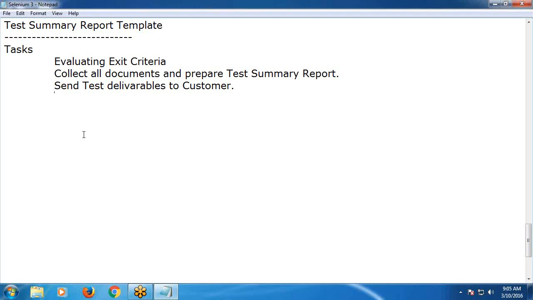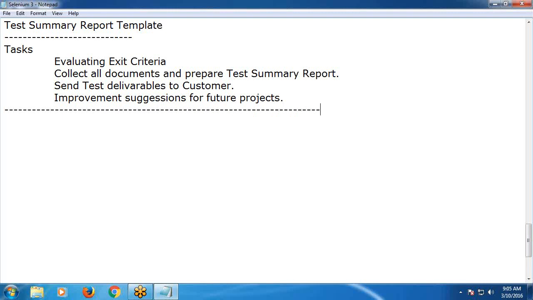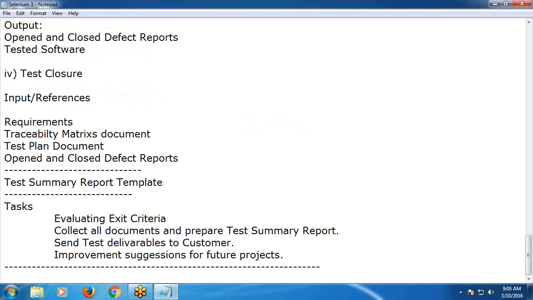Next, one optional task and best practice, improvement suggestions for future projects. See, this is the brief introduction about software test process or software test